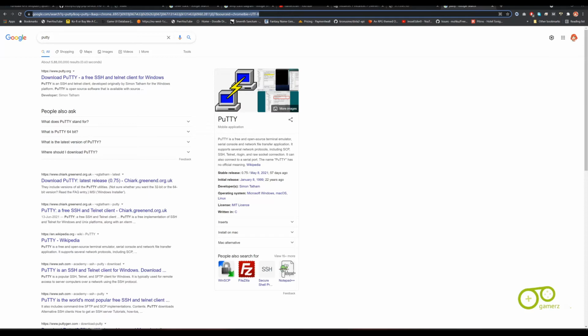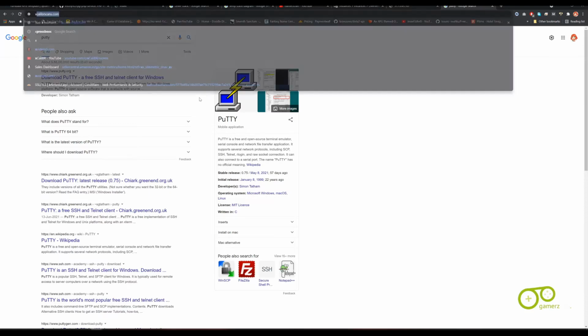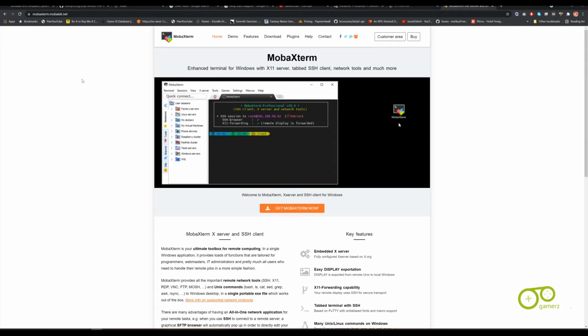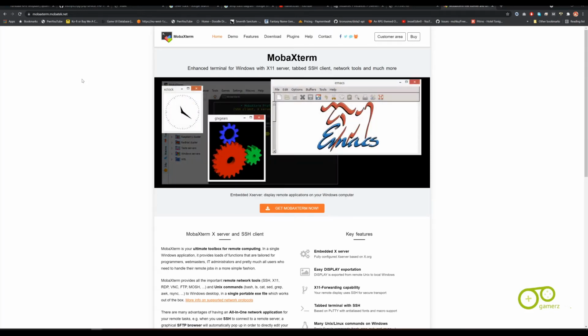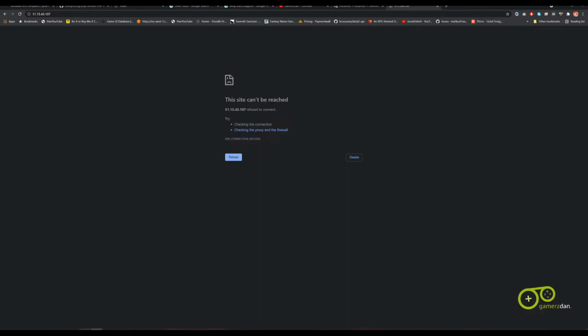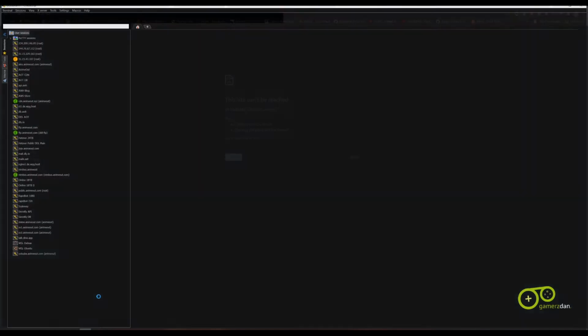So what I personally use is something called MobaXTerm, and it is a client tool which provides SSH access, FTP, VNC, RDP, etc. So just download and install it, and once installed we will open our MobaXTerm,